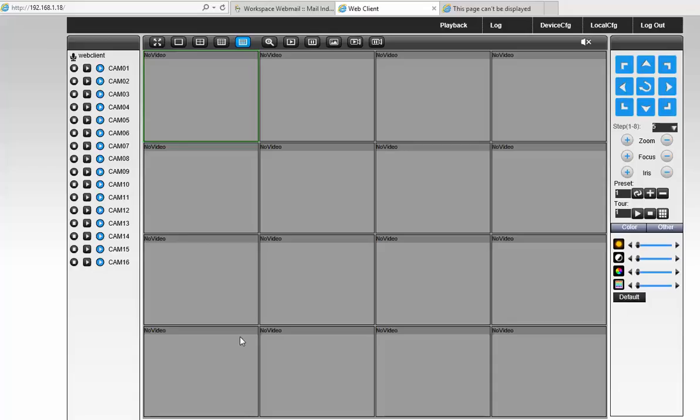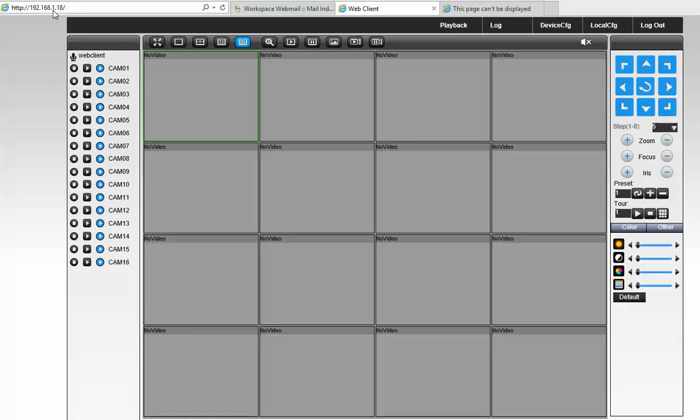HD16X3, which is an analog 16-channel hybrid video recorder that can be set in complete analog 960H mode for your basic 700 TV line, 1000 TV line analog camera, or various hybrid modes depending on what the digital channel is set for. So if we default the HVR, we come to an IP address of